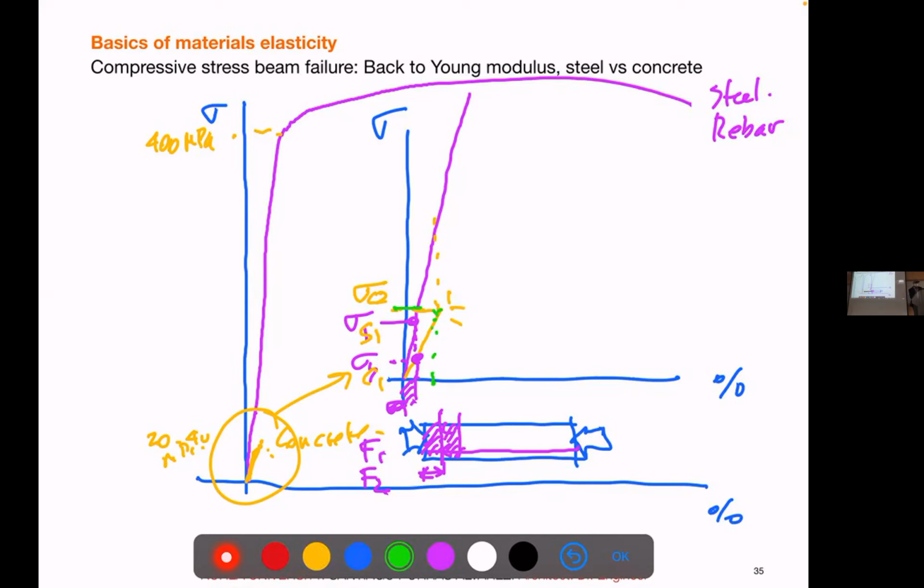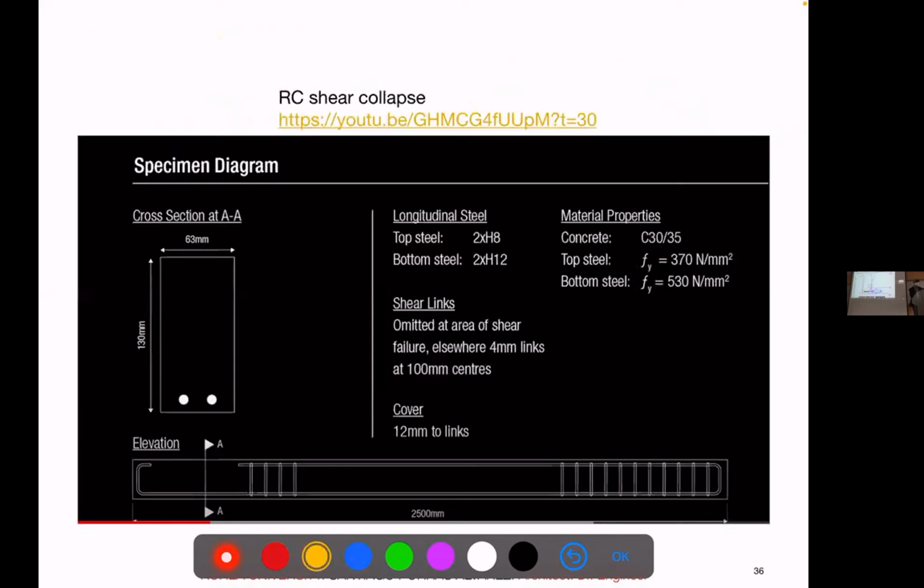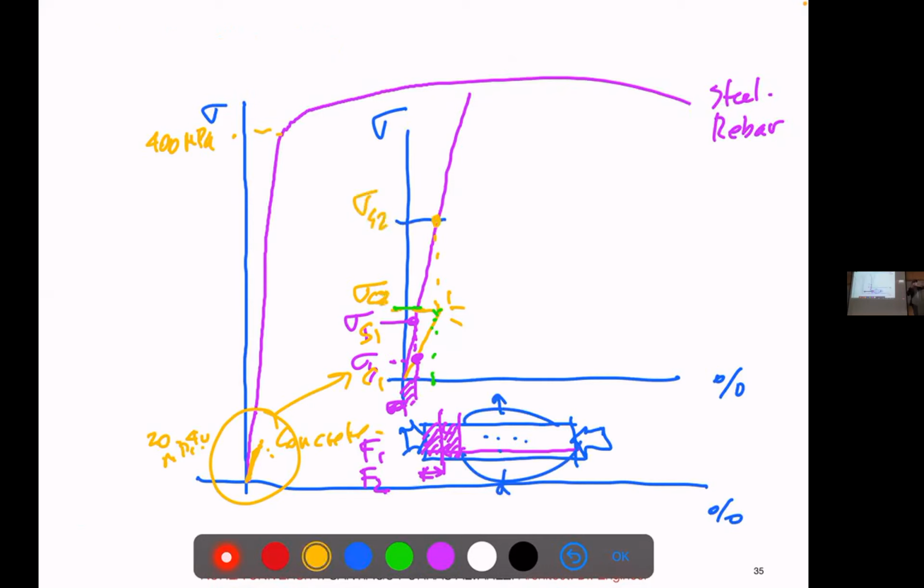At this point, concrete starts to crack and swell, and we have that squash collapse, right? So this is just visualization. Sorry, the steel will have this tension, right? Steel 2, concrete 2. So the steel still has room to go much higher, but it cannot. This is why when we use reinforced concrete in compression, we never calculate the compressive stress of the steel to the maximum, because it's impossible, right? And this is why the columns break: the concrete explodes, but the steel is still healthy, it just buckles because there's no support, right?